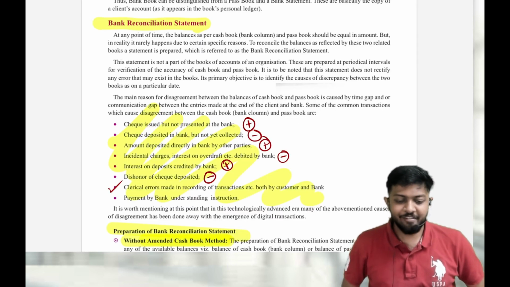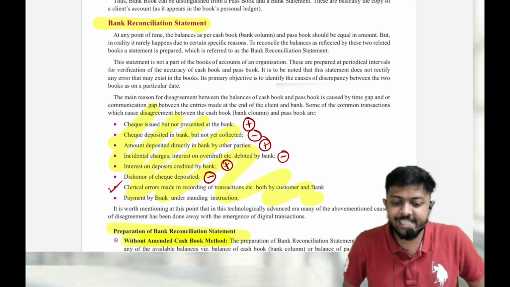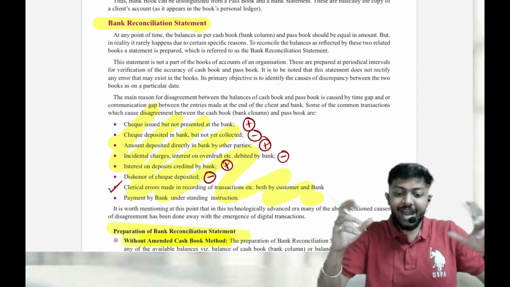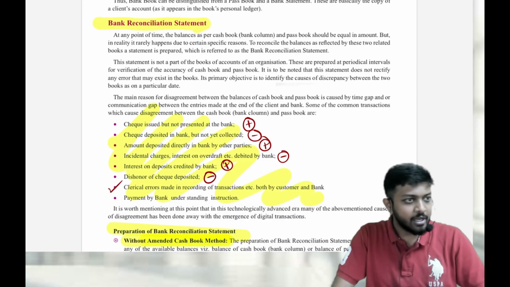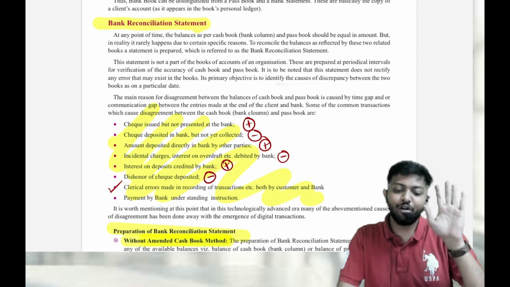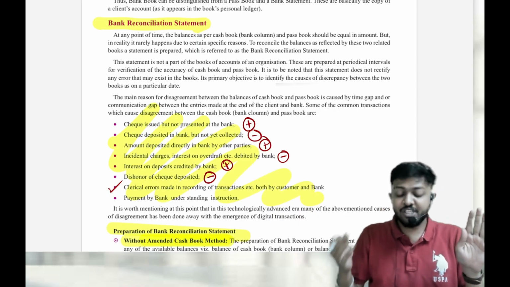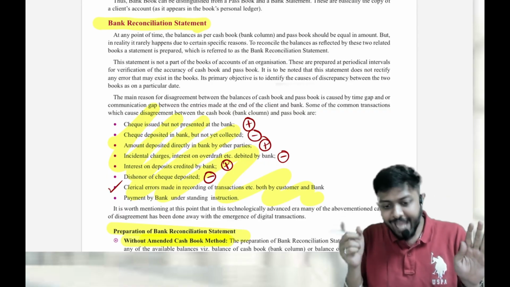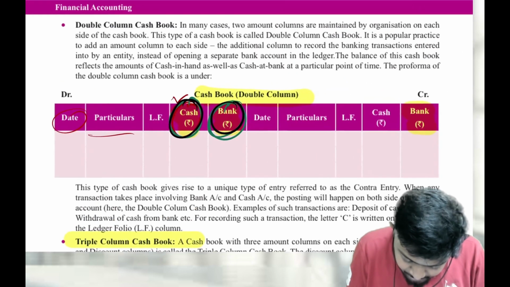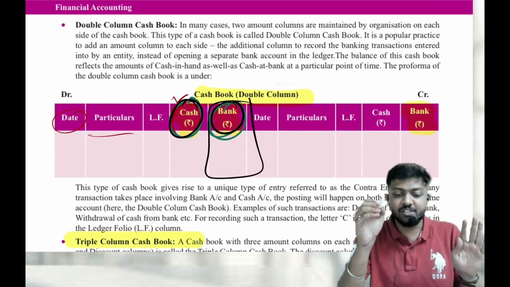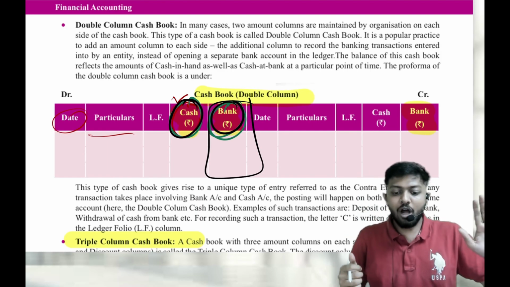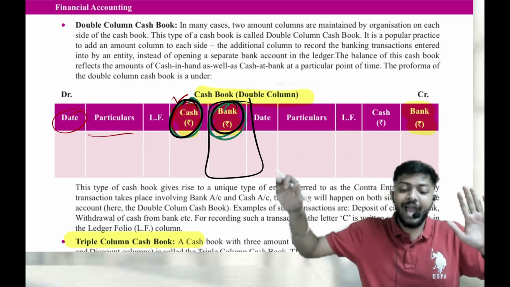So yeah, then we have the bank reconciliation statement. So what is a bank reconciliation statement? Generally, you have two things. Whenever a bank transaction is happening, that means a bank receipt or bank payment, all the transactions will also be recorded by the bank, which is given to us in the format of a passbook. And all the bank transactions will also be recorded in the bank column of the cash book. In the double column cash book, we have a bank column which records only bank transactions. So all the bank transactions will be recorded in the bank column of the cash book, and all the bank transactions are also being recorded by the bank in our passbook.